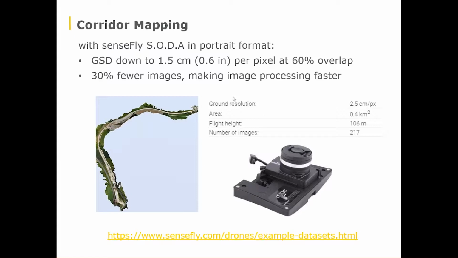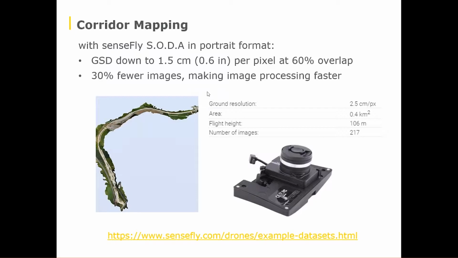The hardware of the camera is the same as a standard S.O.D.A camera, but the difference is the positioning of the camera within the payload bay, meaning that the senseFly S.O.D.A corridor is in portrait format, so it has a 90 degree different orientation compared to the standard S.O.D.A camera,